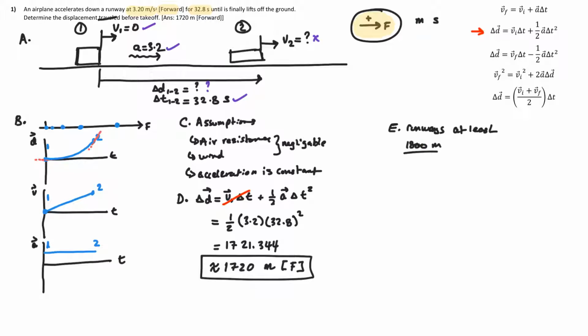So if you're doing your homework questions, you can get a little bit of an idea about how things work with just a little bit of a Google search. And again, this makes sense in terms of taking away our assumptions. If we have less air resistance, it would travel more during that time. If there's wind, depending on the direction of the wind, it could push it towards or away, and that will have different effects. And acceleration is constant, so we are making an assumption that the plane is just moving forward,